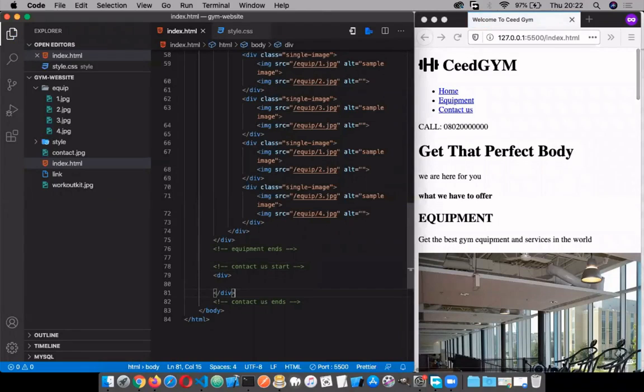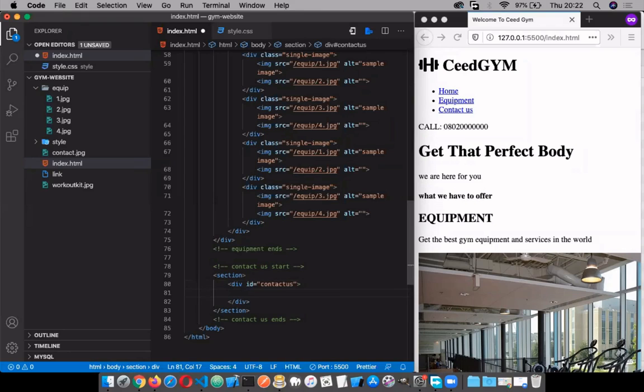We're designing the contact us. Let's make use of a section. We'll probably change the other ones to section later, just to maintain HTML5 standards, and put a div with an ID of contact us. And within that, let's give a class of contact, and another one of contact